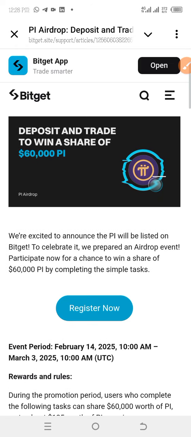They say they are excited to announce that Pi will be listed on Bitget. To celebrate, they also prepare an airdrop event. Participate now for a chance to win a share of 60,000 Pi by completing